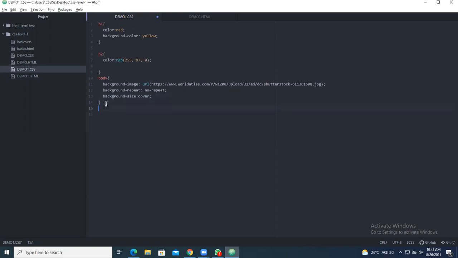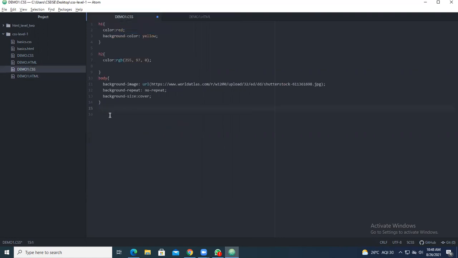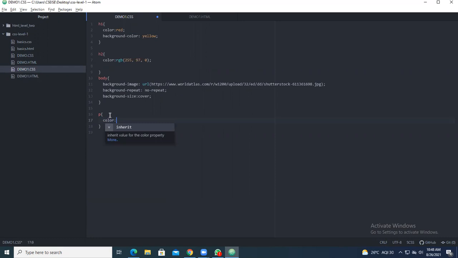Okay. After this, you have applied for H1, H2. Now you come to the concept called paragraph. What you have for the paragraph and div, that we shall see. For the paragraph, come to the paragraph tag. The paragraph tag is given like this. For the paragraph, you can take color. Color hash, you can give any value, 089588. So I've given the font color of the paragraph like this.